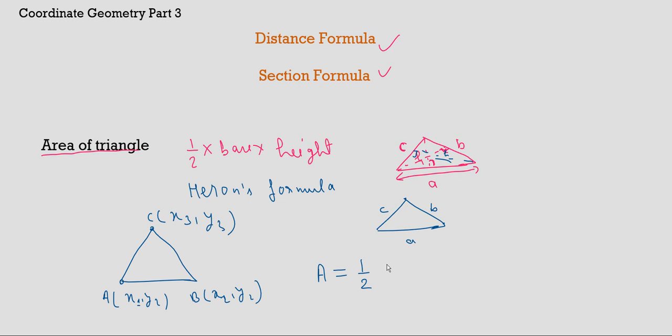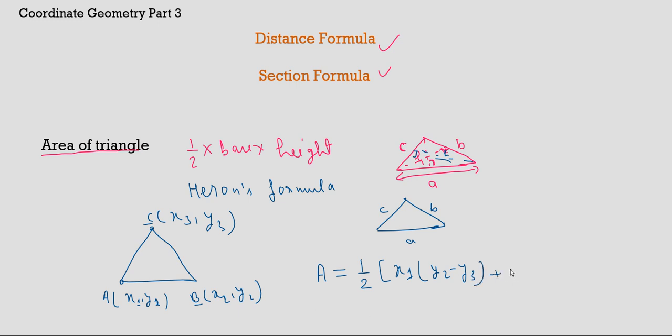First of all, Area is equal to half, then put a bracket and write x1. Now forget the second coordinate of this point, that is y1. What is left? B and C. In B and C, do not look at x, you should look only at y, that is the ordinates. Now subtract the ordinates like this: y2 minus y3.